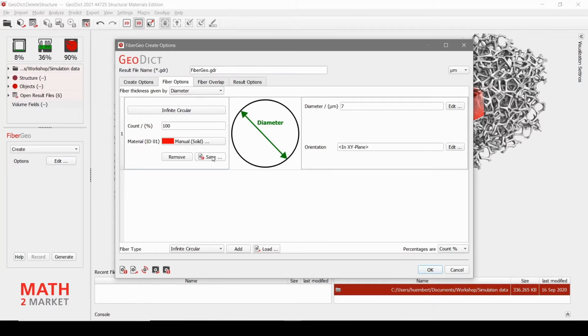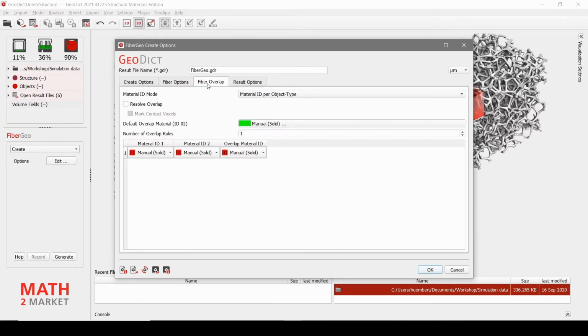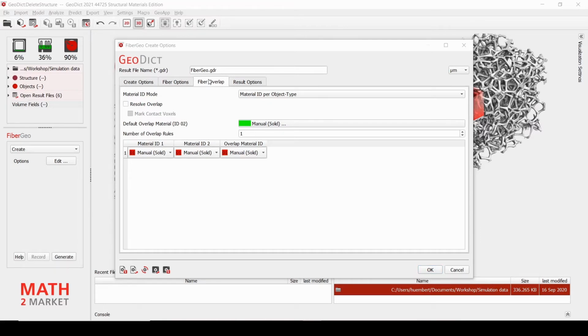You can also save your fibers by clicking on Save here, so that you can use the defined fiber type for another structure you want to generate later on. Now we go to fiber overlap. Under fiber overlap, you can define overlap rules.